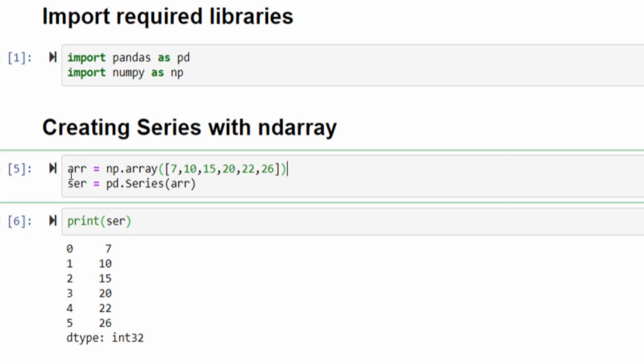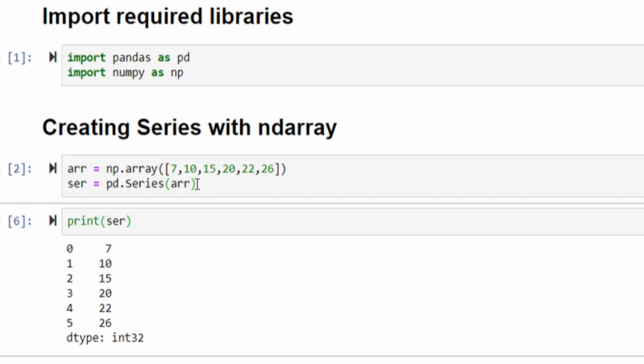Then from that array I am creating a series named ser, which I can create using ser is equal to pd, which is the alias for pandas, pd dot Series with capital S. I'll pass an n dimensional numpy array in this. It will create me a series.